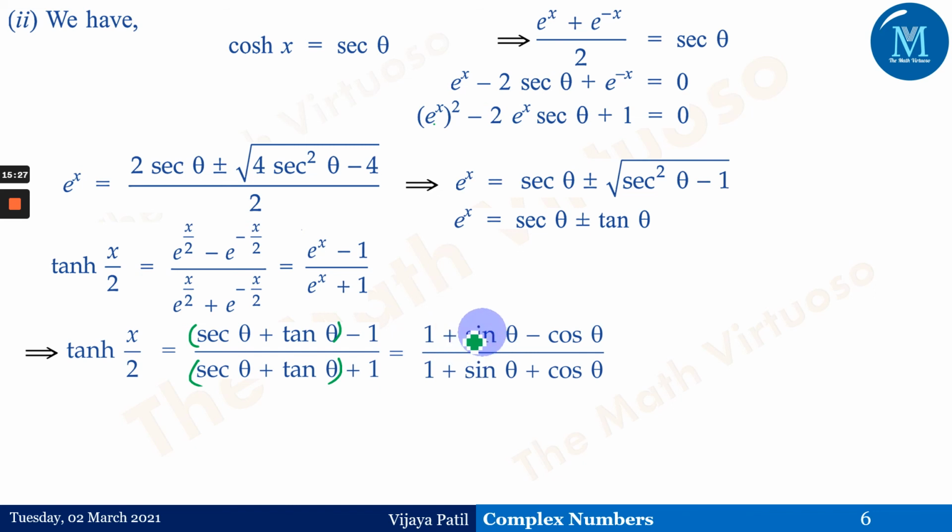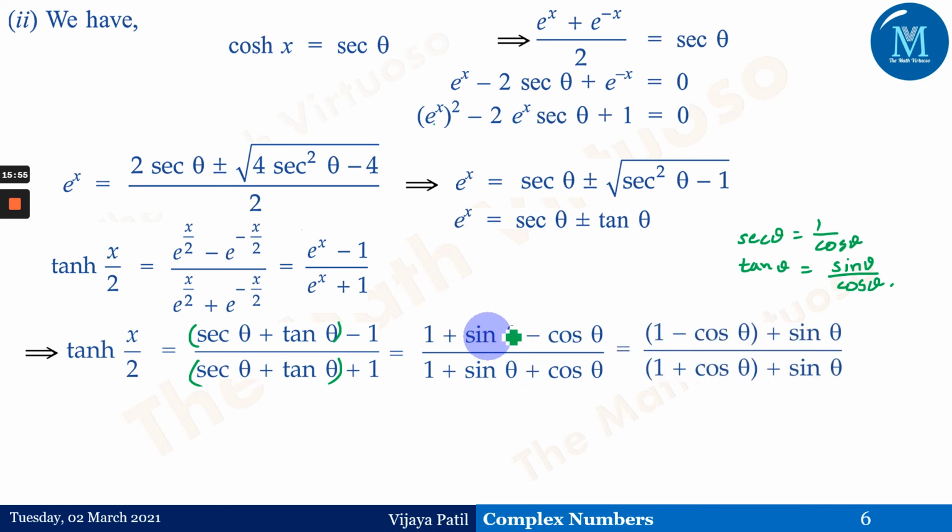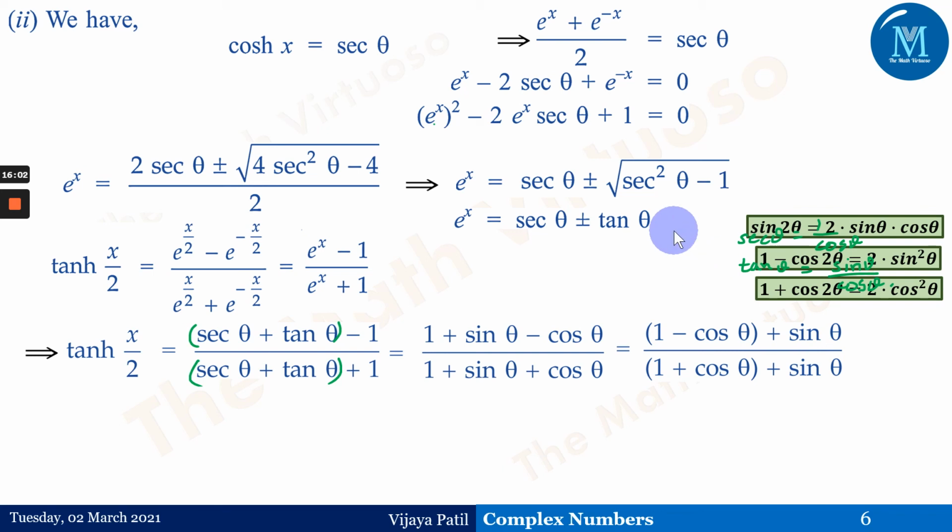After that, just by adjusting this, converting everything in terms of sine and cos, we'll be getting this: 1 plus sine theta minus cos of theta. So what exactly have we done here? Sec of theta we have replaced as 1 upon cos of theta, as well as tan of theta as sine theta upon cos of theta, because we need to reduce this particular equation in terms of theta only. That is the reason we are going ahead like this. Then again we are combining 1 minus cos of theta plus sine theta, 1 plus cos of theta plus sine theta, which is equals to, just a minute.